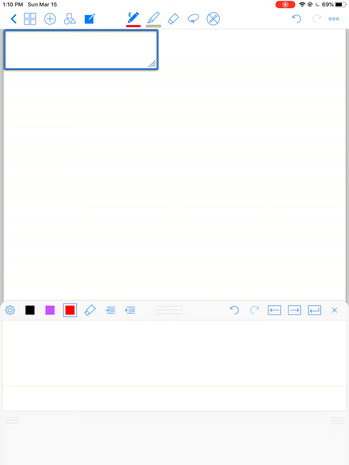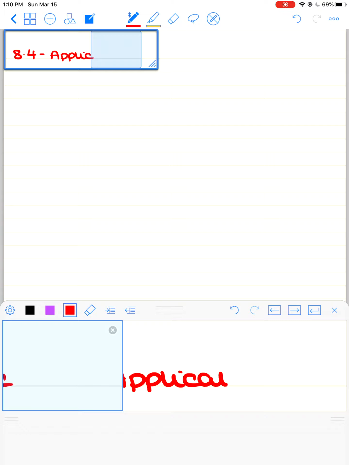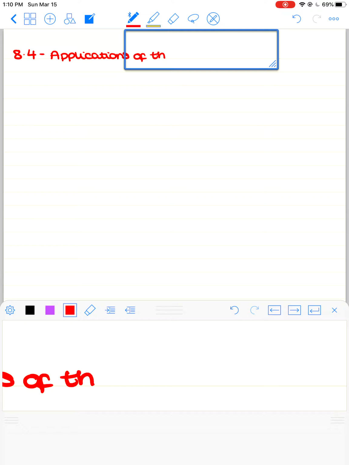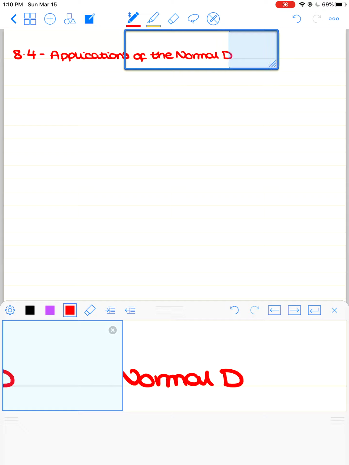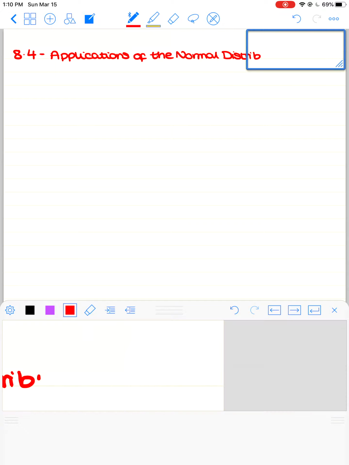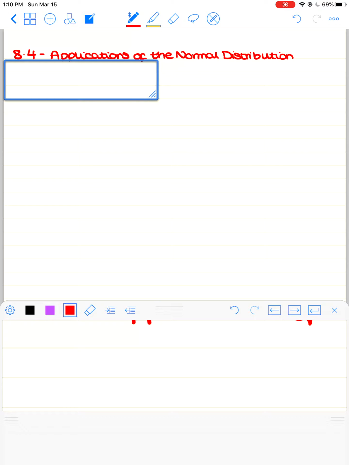Okay, so today we're going to carry on with 8.4, which was our applications of the normal distribution. So we talked a bit about this last time, and we said that we could do this thing called a Z transformation. So a Z transformation essentially used this formula